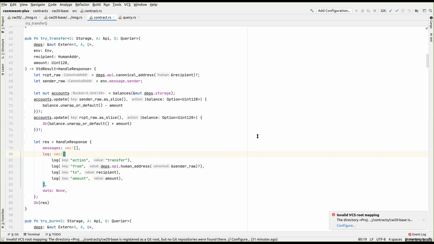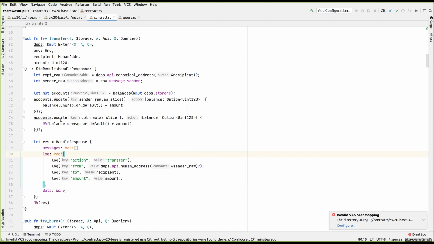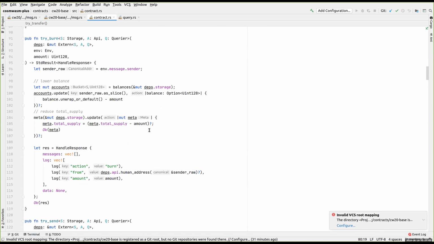So when minting, we can imagine minting doing something similar to this. Yeah, we will check the metadata, how much capacity is left over, lower the capacity of what's left, or compare the total supply with capacity, and then update a balance of something you want to add to the recipient. So actually, we can cut and paste this code and then modify it to make a minter probably. Burn is a very similar thing. What it does here, and this is maybe close to mint even. Mint's probably the inverse of burn more than the inverse of